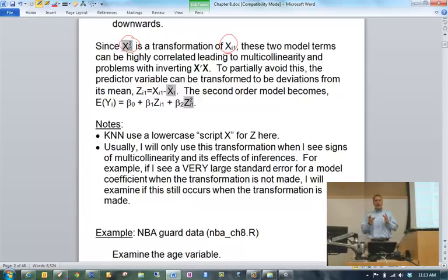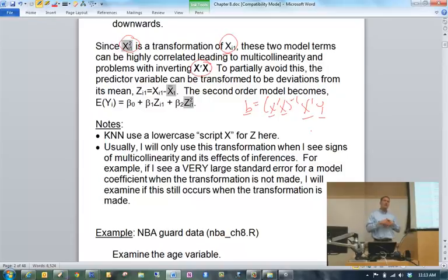And I mentioned this before, when we find this b, our vector of parameter estimates, of course, it's X prime X inverse X prime y. When you have highly correlated elements or columns in your X matrix, you can have problems with finding this inverse.